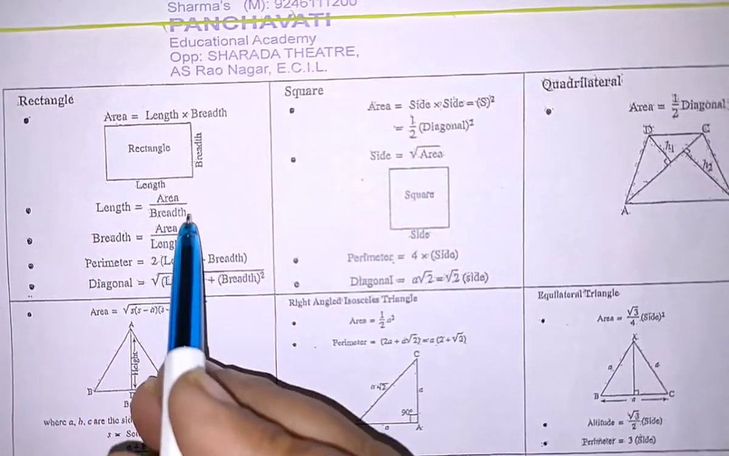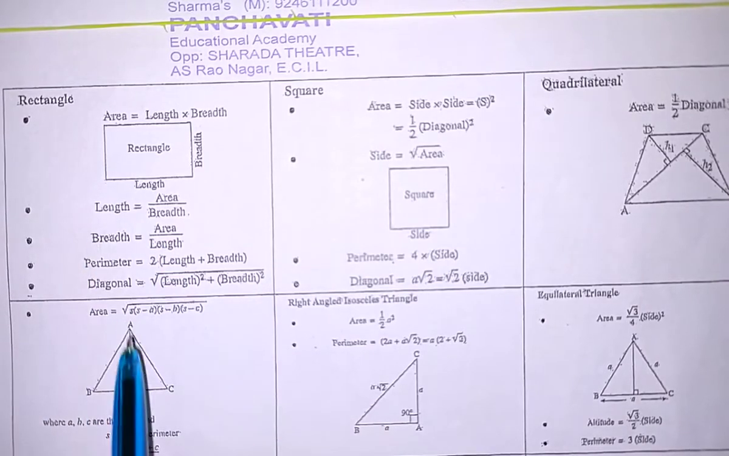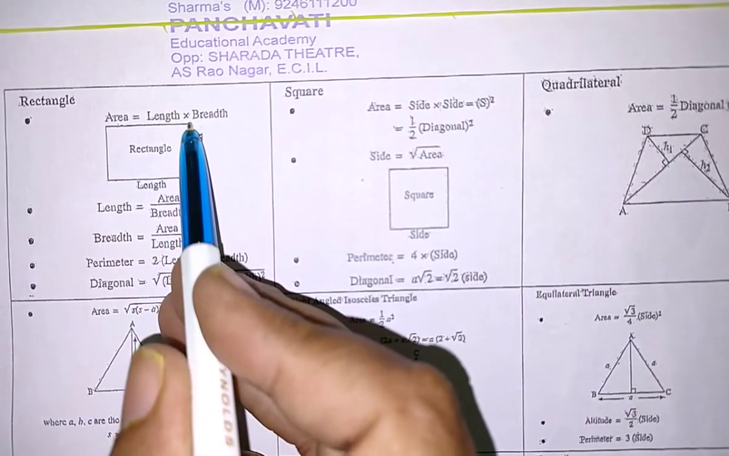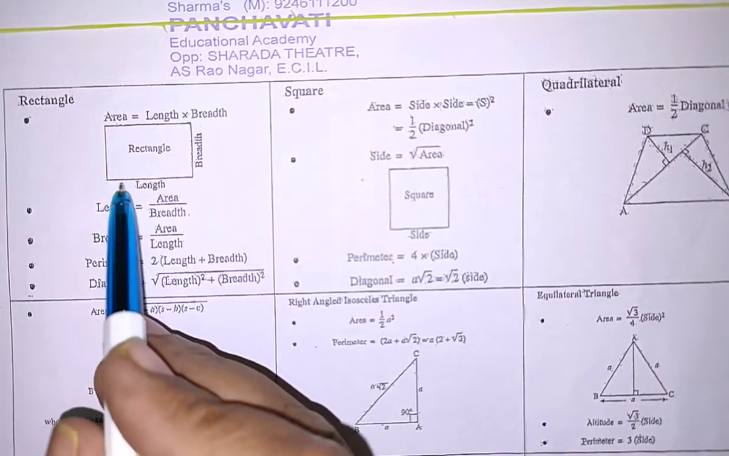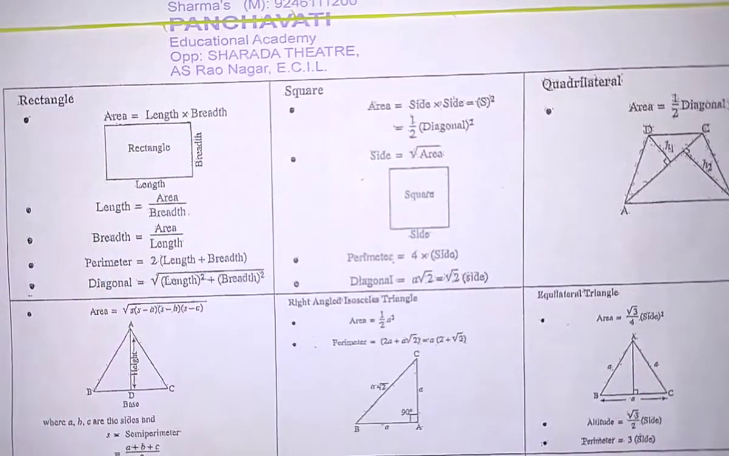Length is equal to area by breadth, breadth is equal to area by length, that you can make the interchanges and get the answer. Similarly, if you want the diagonal joining this corner to this corner, then square root of length square plus breadth square, that is using Pythagoras theorem we can get that answer. This is about rectangle. Coming to square,